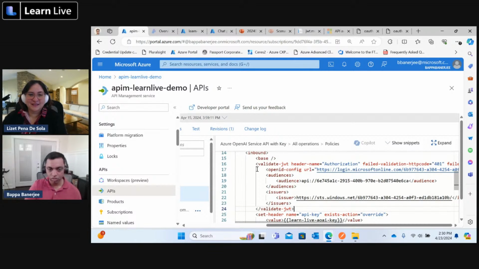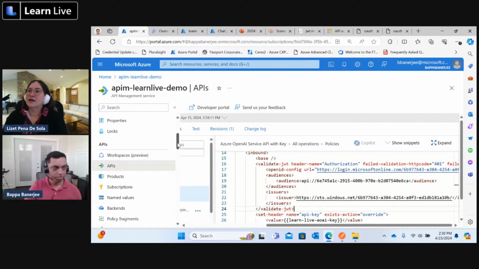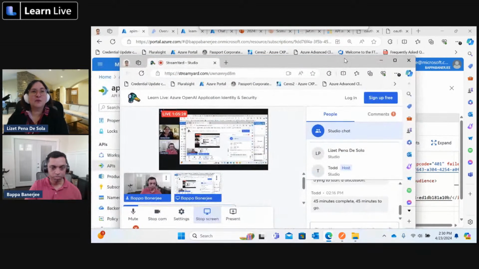And yes, we have good documentation on this, validate JWT. You can check that, and you know how to use different claims here, and you can validate all the claims listed as you mentioned. Awesome. So let's look at how you would do